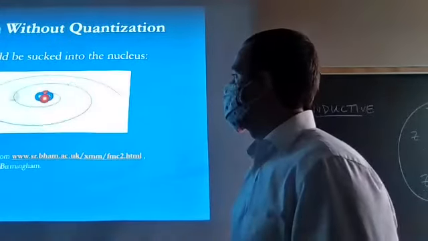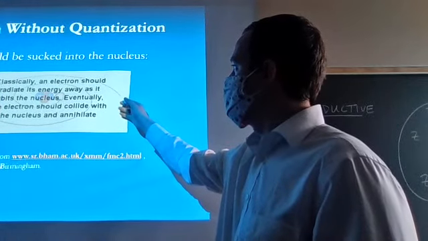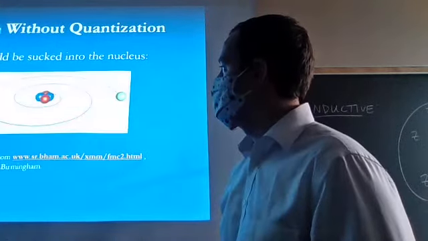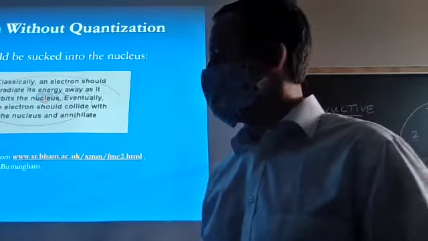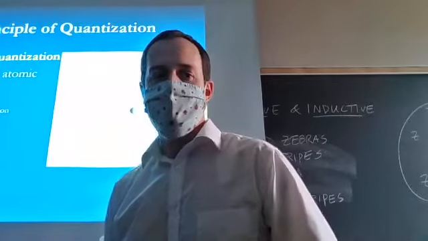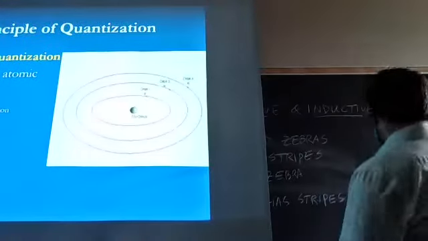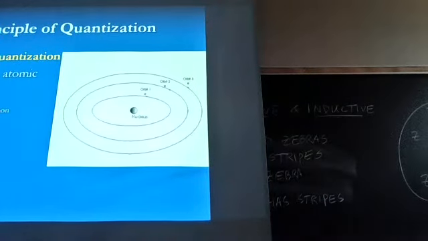Electrons would be sucked into the nucleus without the principle of quantization. An electron should always radiate its energy away as it orbits the nucleus. Eventually, the electron should collide with the nucleus and annihilation should occur. But the principle of quantization is something that we find in nature. It allows for stable atomic orbitals. It was first proposed by Niels Bohr in 1910,